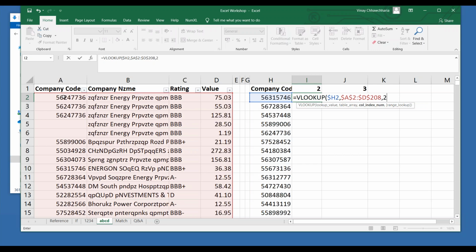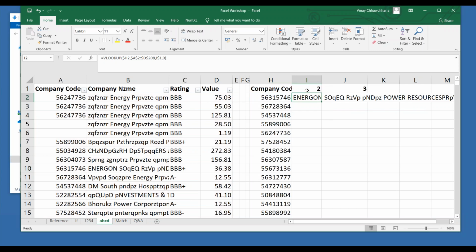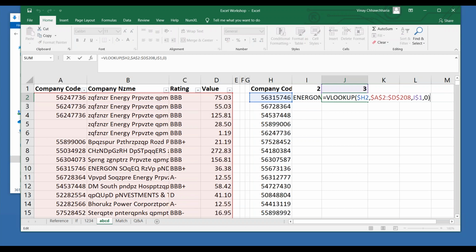So I can type 2 also. But if I type 2, when I drag it to the right, that 2 doesn't change automatically to 3. So I have to select this 2. This is fine. But because I want to drag this down also and right also, I don't want the 1 to change. So I have to freeze this part, comma 0, bracket close, enter. So here and here. Now see that cell changed from 2 to 3. So your column index number changed from 2 to 3.